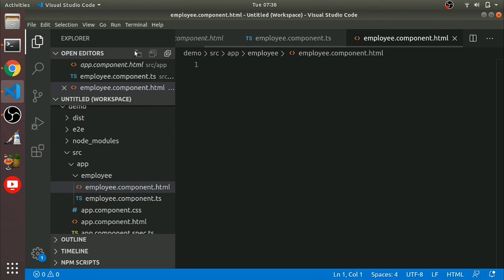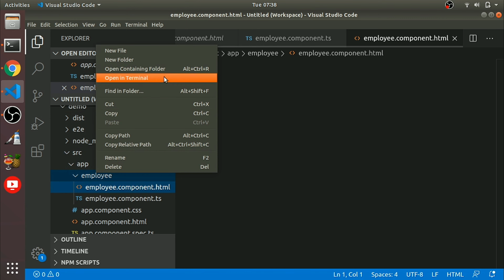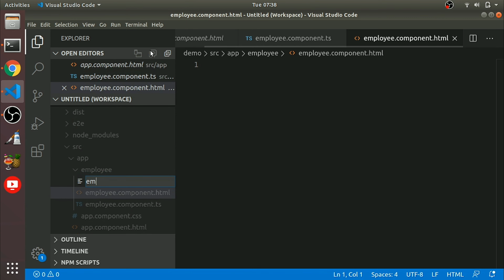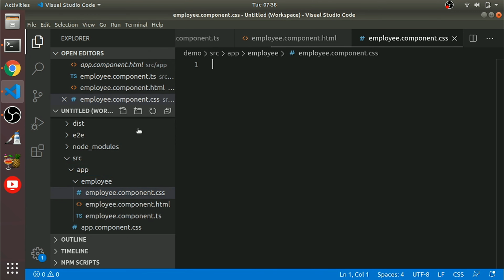For the time being CSS we don't need, but for the sake of simplicity let me create that too, employee.component.css. So this is the css file.